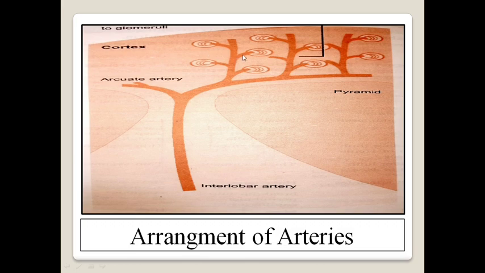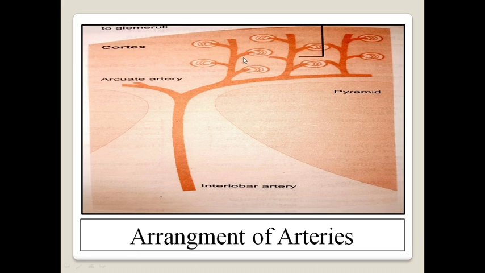Now what will this afferent arteriole do? Each afferent arteriole enters the Bowman's capsule and divides into the rounded tuft that we called the glomerulus. As we had mentioned earlier, this capillary network has special features, with retention of plasma protein in blood capillaries. We had discussed earlier the glomerular basement membrane that has a special feature, and this capillary wall also has the special feature to filter the blood. So this afferent arteriole enters into the glomerulus.